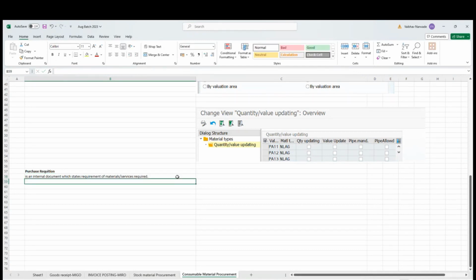So purchase requisition क्या है? It's a requisition which will tell you the requirement of materials in any plant, materials or services.